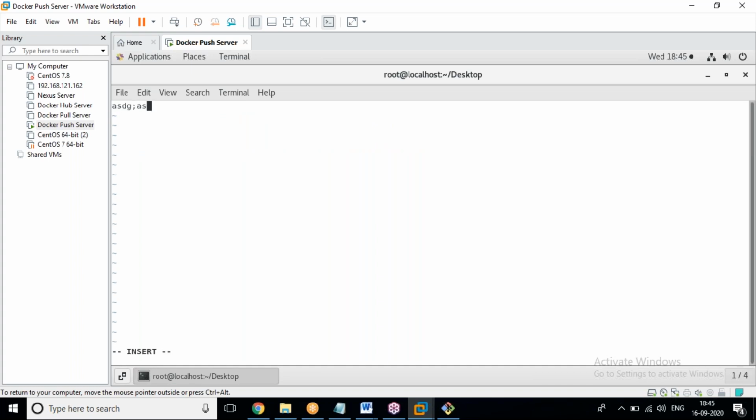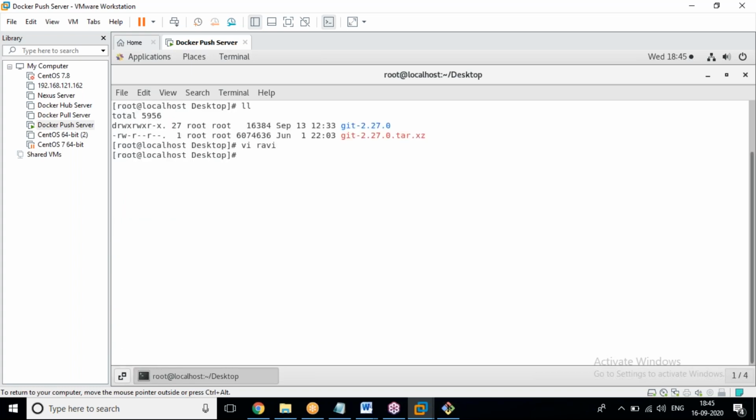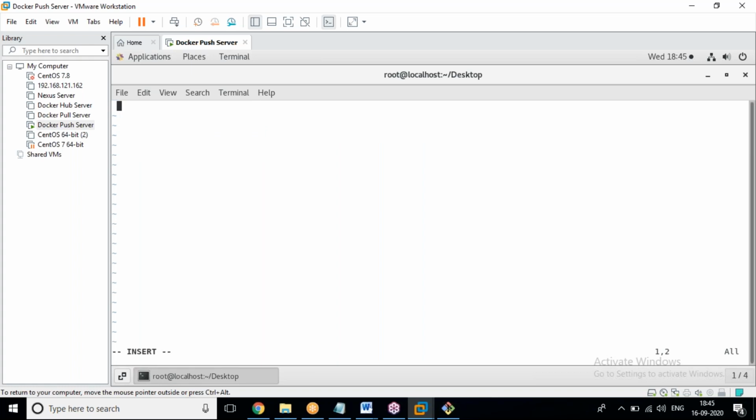Yes, I'm going to insert data, whatever you want, for editing purposes. Now Vim also.